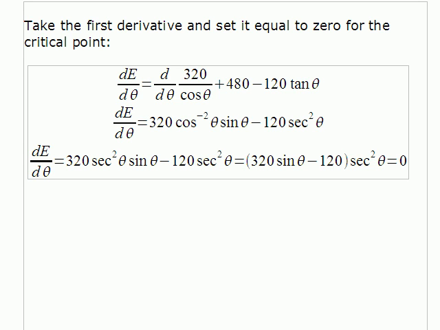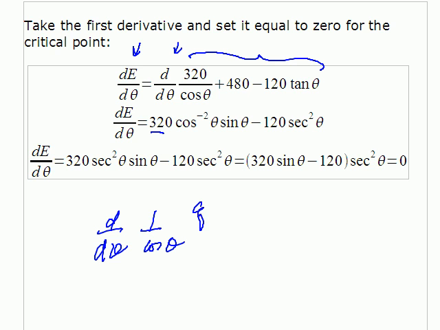Now to find the critical point, we take the first derivative. So the derivative of E, again, remember I have identified here what I'm doing. It's how E changes with theta. So that will be the derivative of 320 over cosine theta plus 480 minus 120 tangent theta. This is the expression that we have from the previous slide. So I'm going to carry out that derivative, and you can do that on the side, and it's pretty obvious. At any rate, the 320 is a constant, so it just comes down here. 1 over, so you're taking the derivative with respect to theta of 1 over cosine theta. You can do that as the quotient rule,